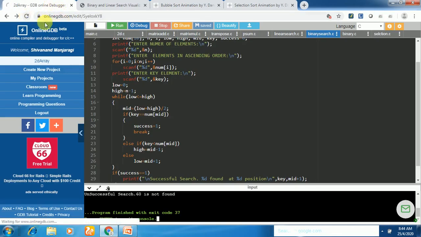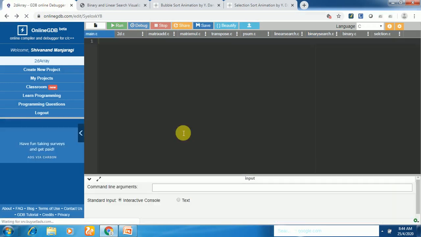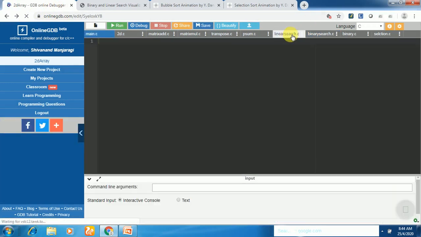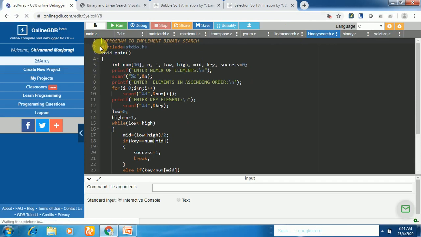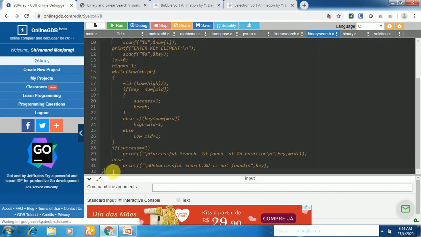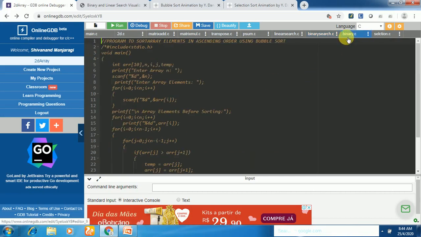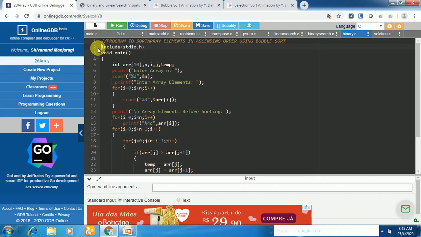So I will refresh this. Let us put a comment for this particular program. This is basically the bubble sort program.